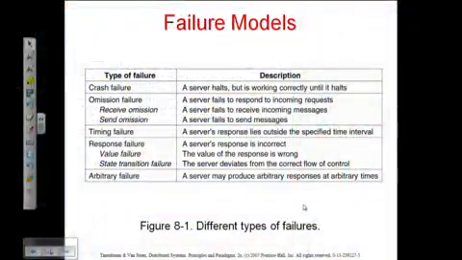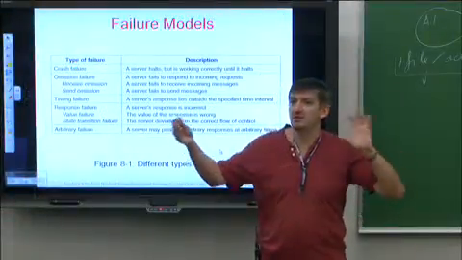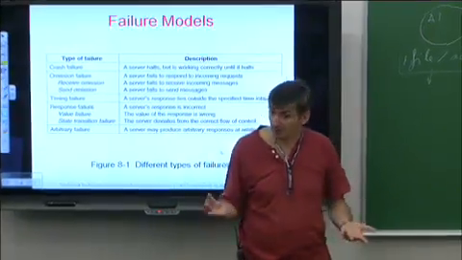Omission failure, right? One thing we did not discuss too much is you have all these messages going around when you do distributed computation or even when you do it on a single machine. Things can get lost, right? If they get lost, that's in fact an omission failure, right? So we talked about all of those protocols and we say, oh, hey, you wait for a message from all of these guys and you do something. What if a message never comes? Well, you need a protocol that accommodates this kind of